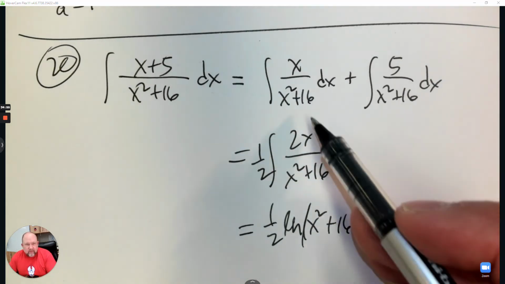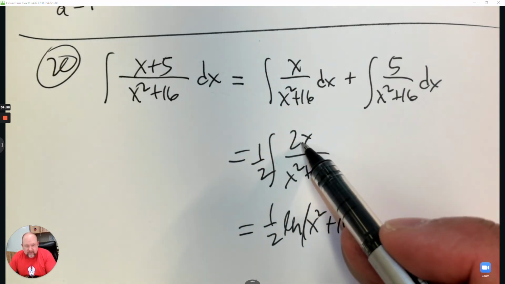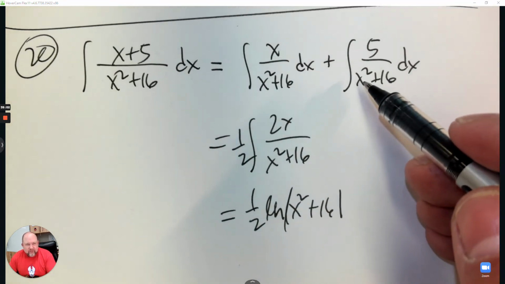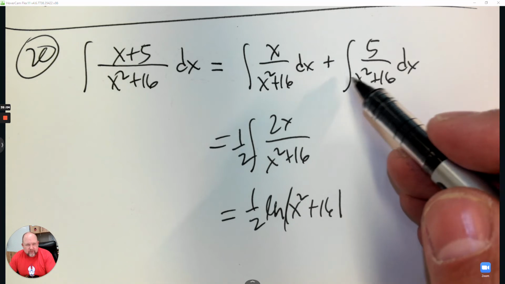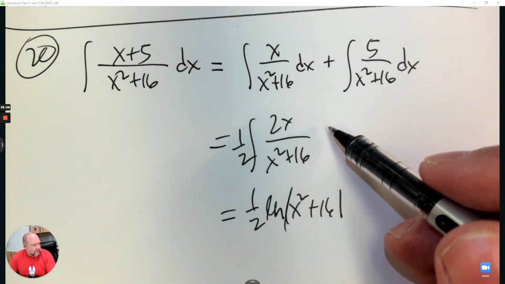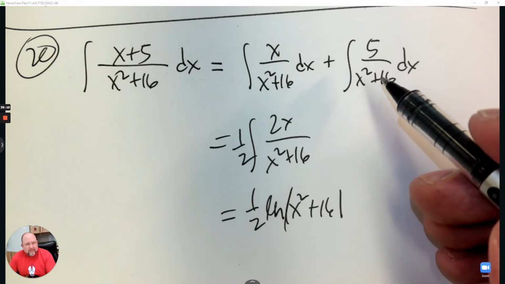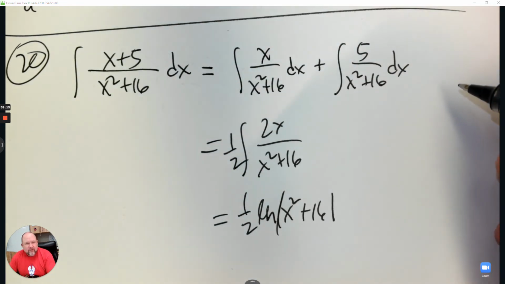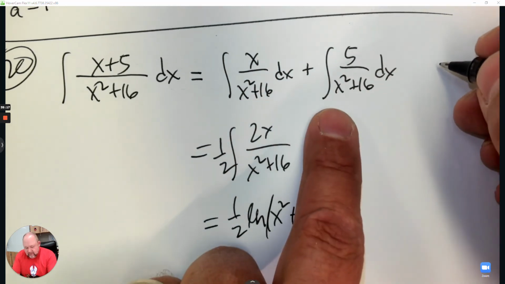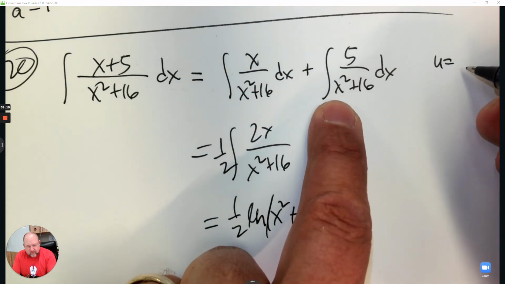So this is a logarithm. The derivative of x squared plus 16 is 2x. To unhook it, it needs a 1/2. In this situation, it's not going to help. The derivative of this is not going to match it. I'm thinking arctangent. So in this situation, if it was arctangent, u would be the square root of x squared, which is